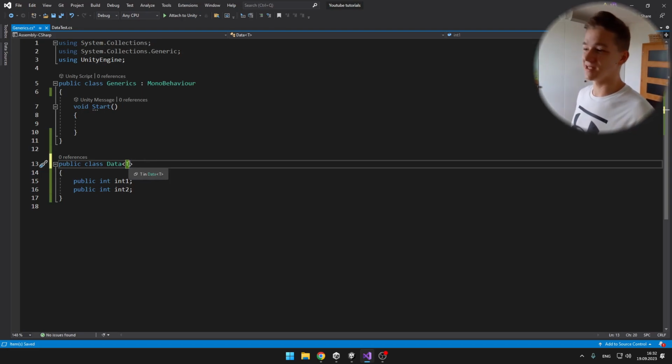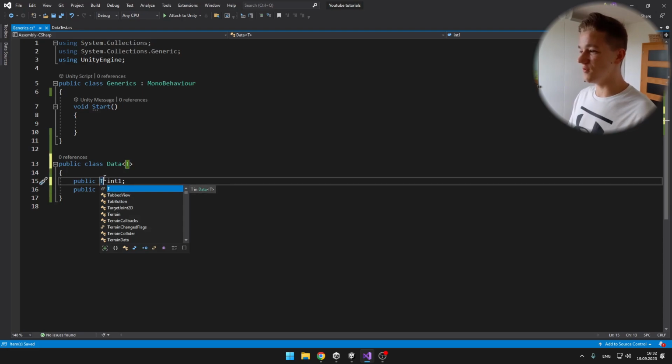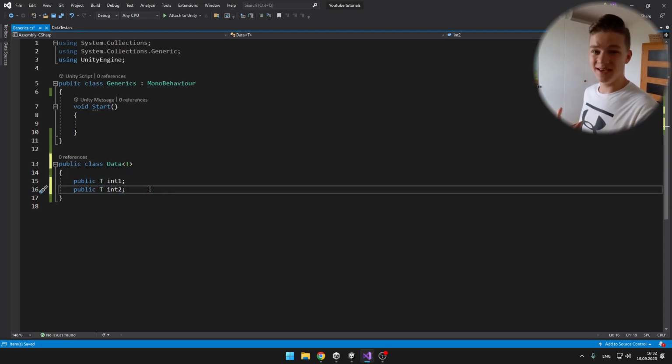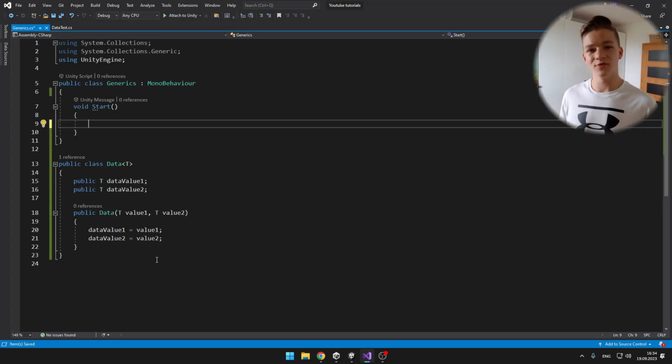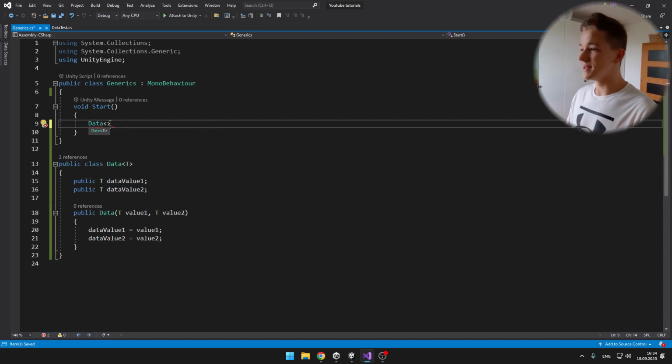So this is some data type, and I can use it when creating these two variables. These two variables will be of data type T, which we'll specify when creating an instance of the class. I have also created a constructor for this class so that we can easily create an instance of it in Start and assign the values. So I will create new Data, then into the angled brackets